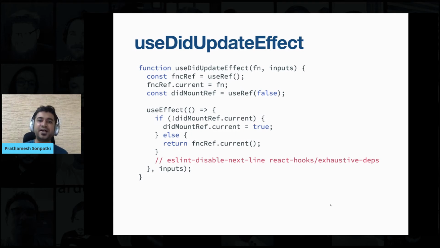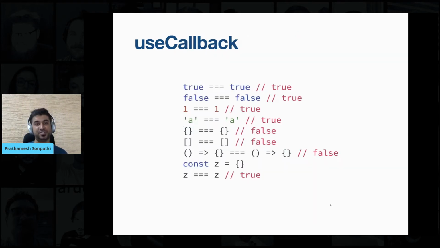This is a modified version of useEffect, which checks whether the component is getting mounted for the first time, and if it is, it skips the callback and just does nothing. So we will not run the useEffect hook on the first load, but we will run it on any other user interaction after the page is loaded, on any subsequent changes. This hook helped us in streamlining our state management, because we were able to make sure that certain hooks in certain interactions don't run on first load.